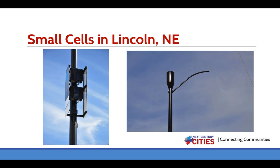In our conversation with the carrier, the thing they really want is to know the city is committed to this infrastructure, and when it comes to a sensitive area, that we will approach it cautiously, but there's not a knee-jerk to say no or a knee-jerk to say we can't do this, because the greater good really is to deploy this infrastructure and make sure that our citizens have access to it. We're not competing with Boston, but we like to think that we're a great place to live, and we want our citizens in Lincoln to have access to the same infrastructure that Boston